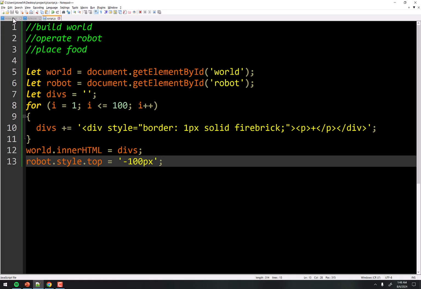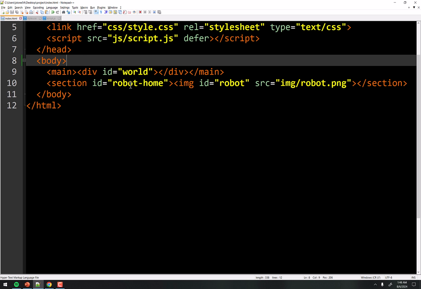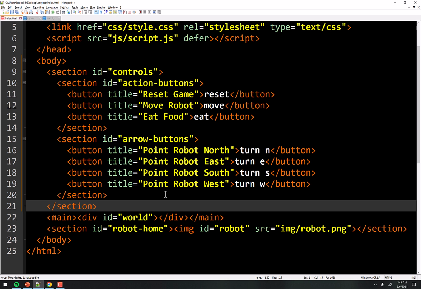So now let's put the buttons in, right? Right above the main section here, the main tag, we're going to put the buttons in. And I've already got them in my copy buffer here. I'm just going to paste them in. And they're nothing complicated here, right? They're pretty straightforward and simple.